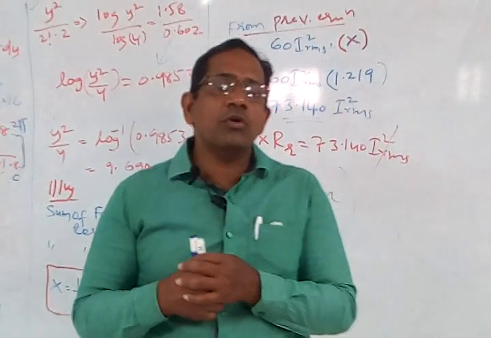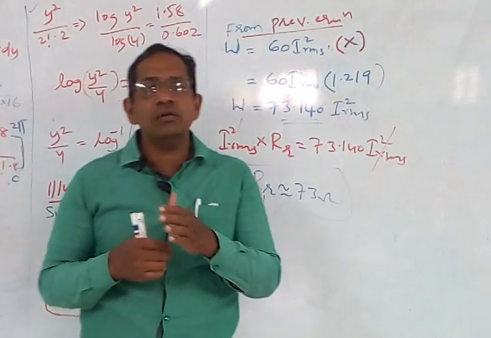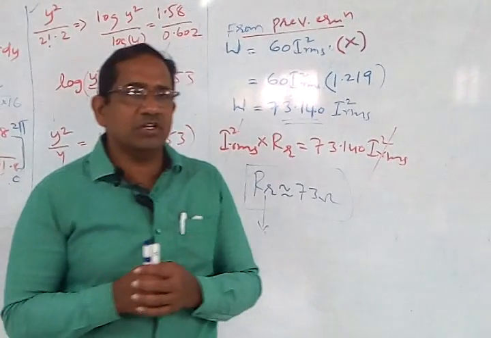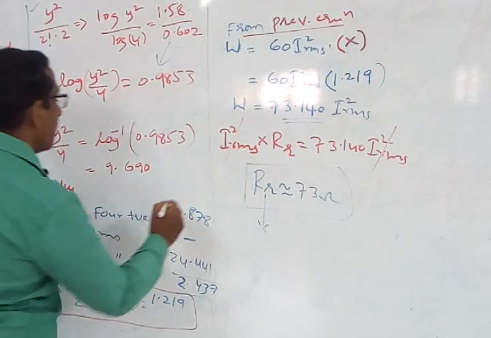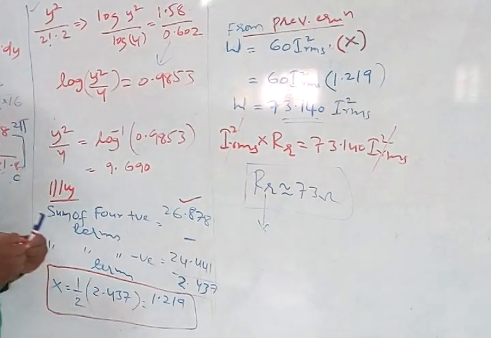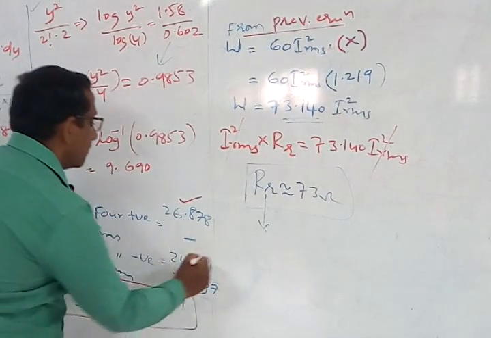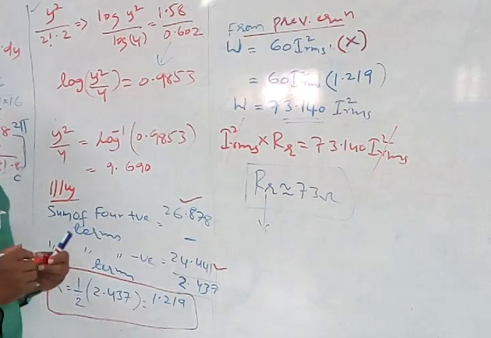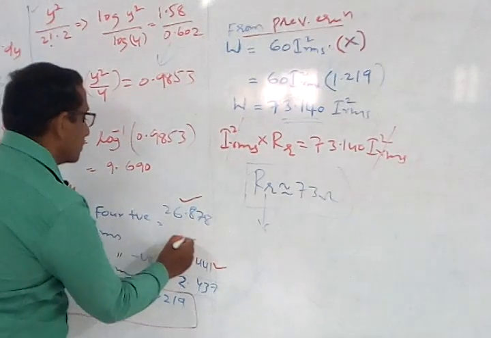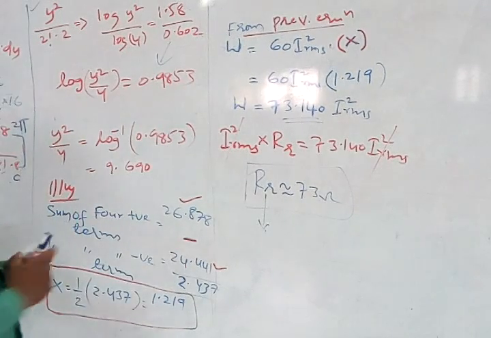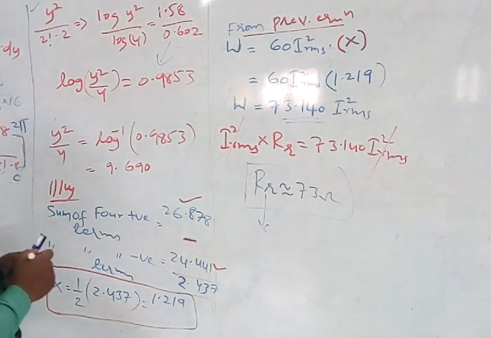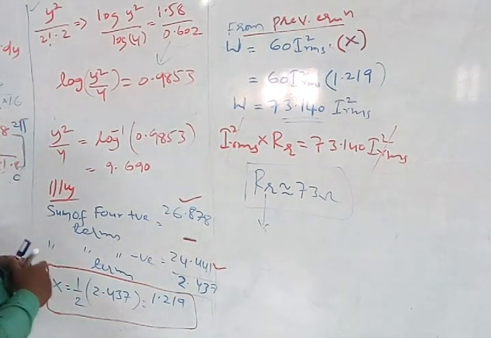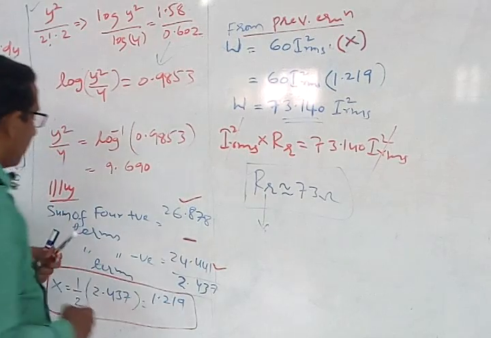So what we are going to do now is simply subtract the minus terms from the plus terms in the previous equation. This is the sum of the first 4 positive terms, and this is the sum of the next 4 negative terms, and we are going to subtract these two. So we subtract these values from these values, and therefore we get the value as 2.473. So this is the value we are going to get.